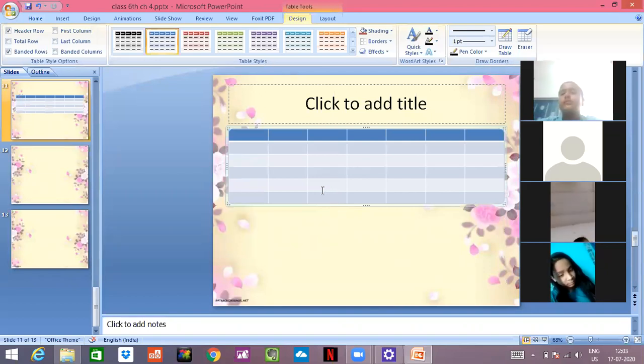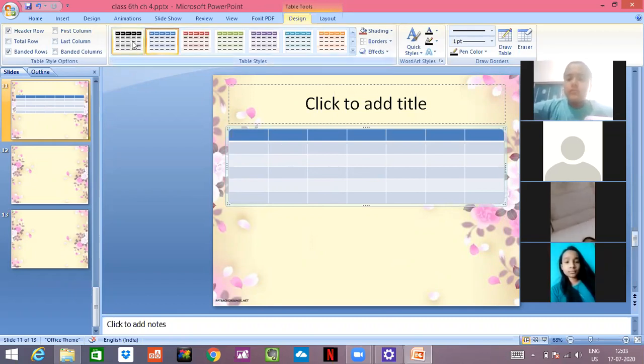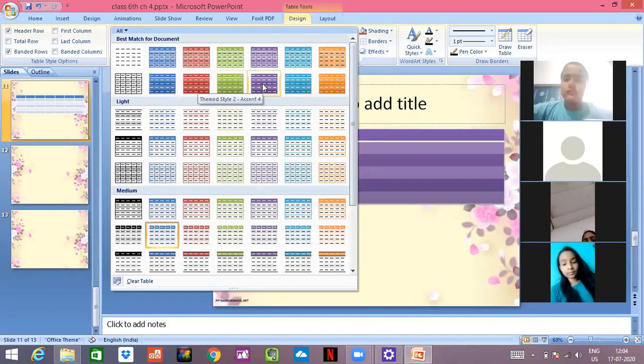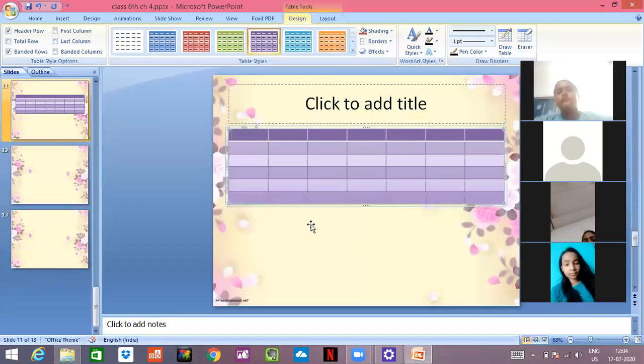And I think you all are not able to see it because the color combination is not good. So to change the color combination, you can see there is a design again. And in this design, you can change it. Like you can go for red, green, purple, blue, orange, or you can do whatever you want to. I want to select this. See, now you are able to see it. This design is now visible to you all. Okay. So this is how you create a table.